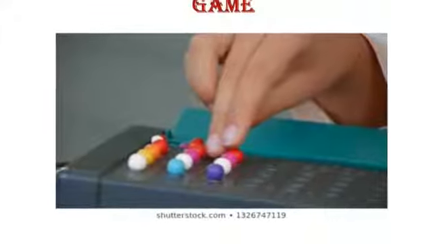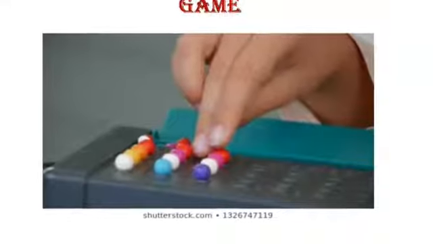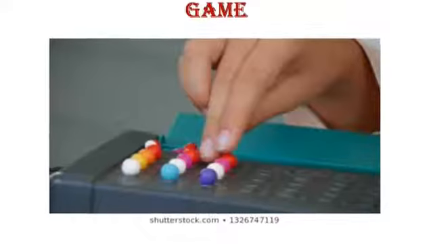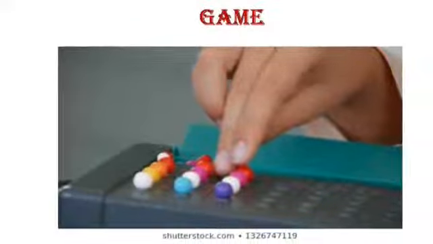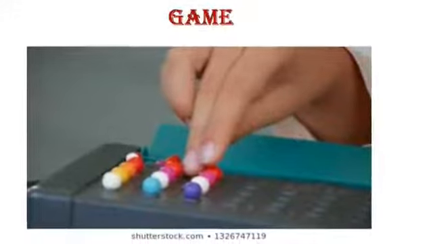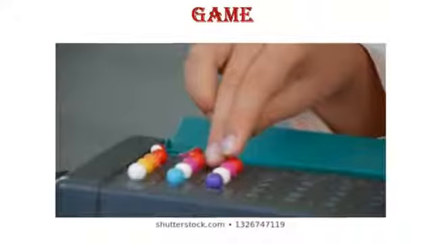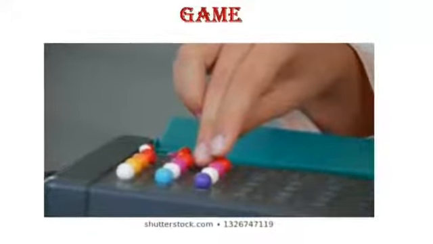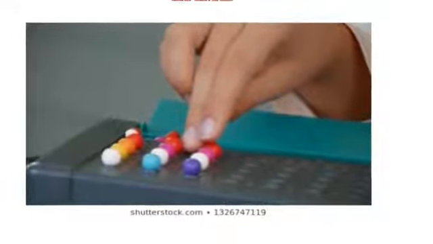They have given the example of the Mastermind game. Let us see what a Mastermind game is first. Mastermind game is a code breaking game for two players. How will you play this game? The players will have 10 different colors of beads. The first player will set a puzzle by choosing any 4 color beads and arranging them in different order.